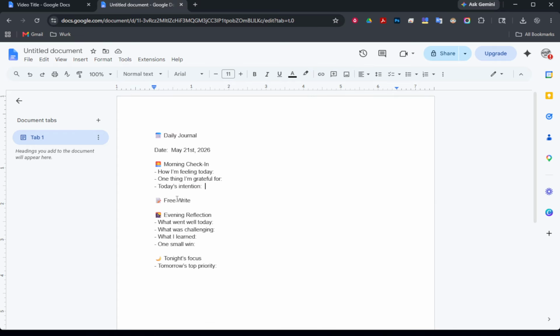Using the date every time also means you can search for entries later with just a month or a specific day. To keep the document tidy and easy to navigate, turn each date into a heading. Highlight the date, open the Styles menu where it says Normal Text, and change it to Heading 2. This instantly organizes your journal and enables the outline panel on the left so you can jump between entries without scrolling through the entire file.